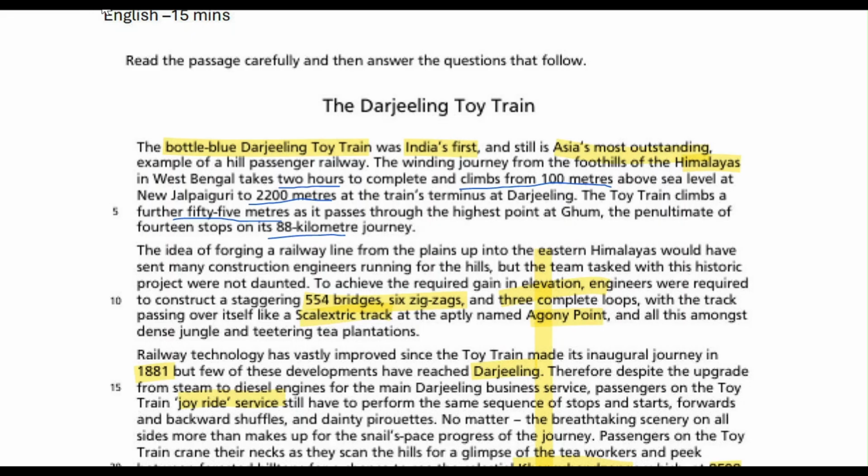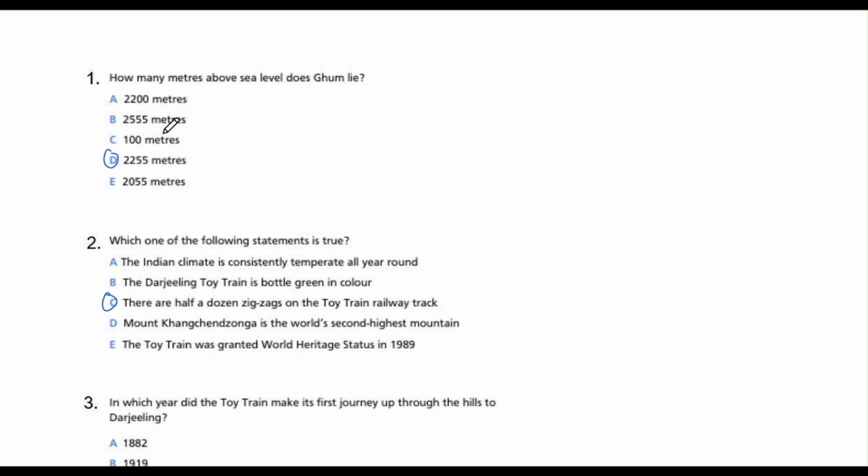English comprehension questions together. Question 1. How many meters above sea level does Ghum lie? The options are A, 2,200 meters, B, 2,255 meters, C, 100 meters, D, 2,255 meters, duplicate, and E, 2,055 meters. The correct answer is B or D,